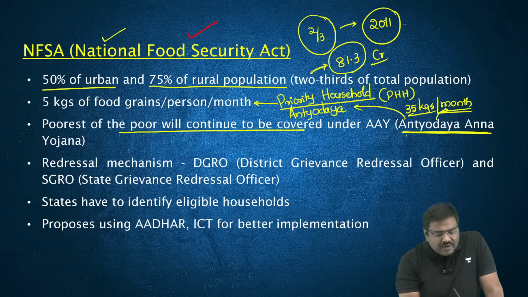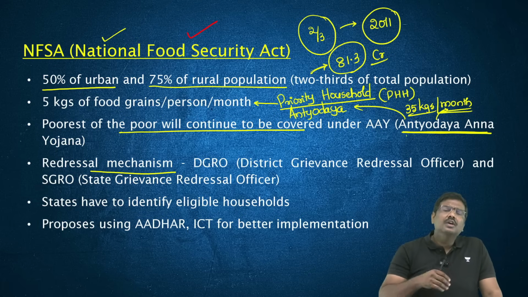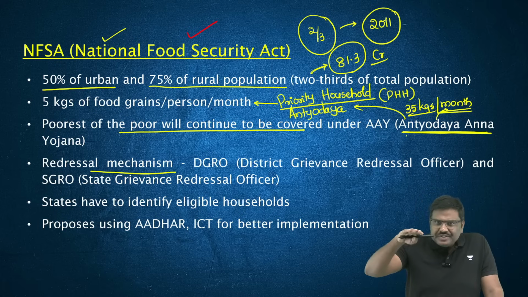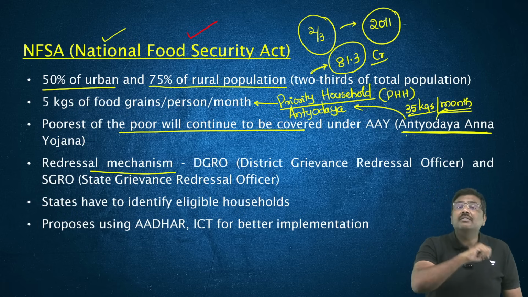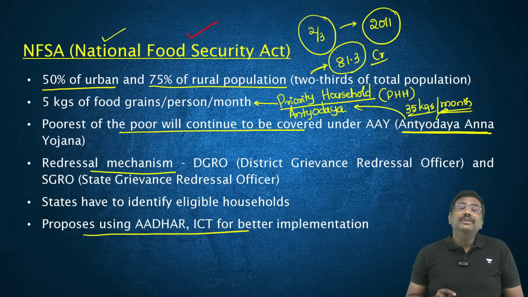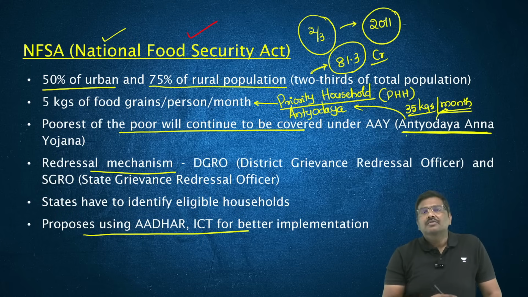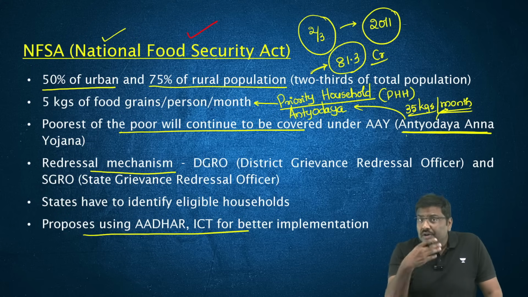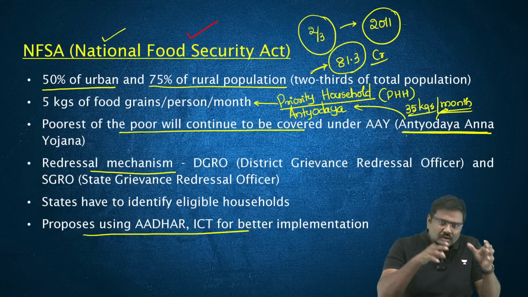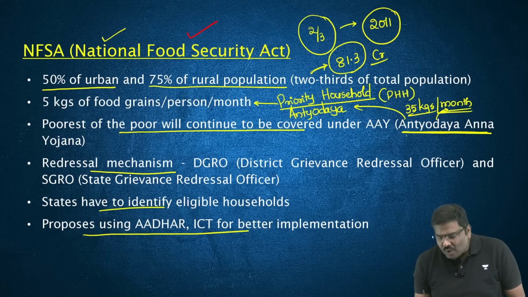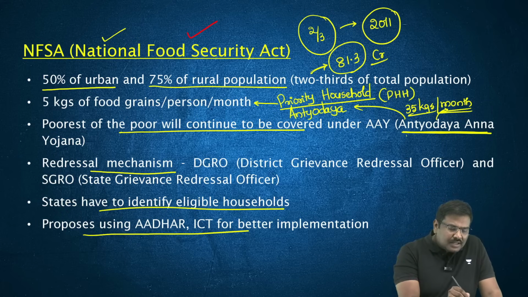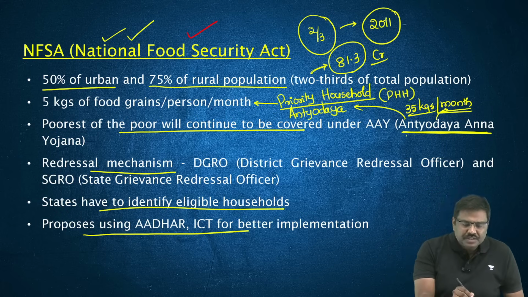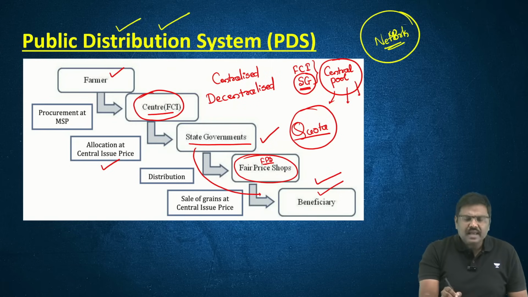There is a grievance redressal mechanism as well. That is, if you are not getting the right quality and quantity of food grain, or not on a timely basis, then at the state level and the district level, officials have been appointed to address your complaints or grievances. We also promote usage of technology, usage of Aadhaar, for efficient implementation of NFSA. We are already using that under the model called One Nation, One Ration Card. The states have to identify the eligible beneficiaries or the eligible households. So these are certain very important points associated with the concept of the public distribution system as well as the National Food